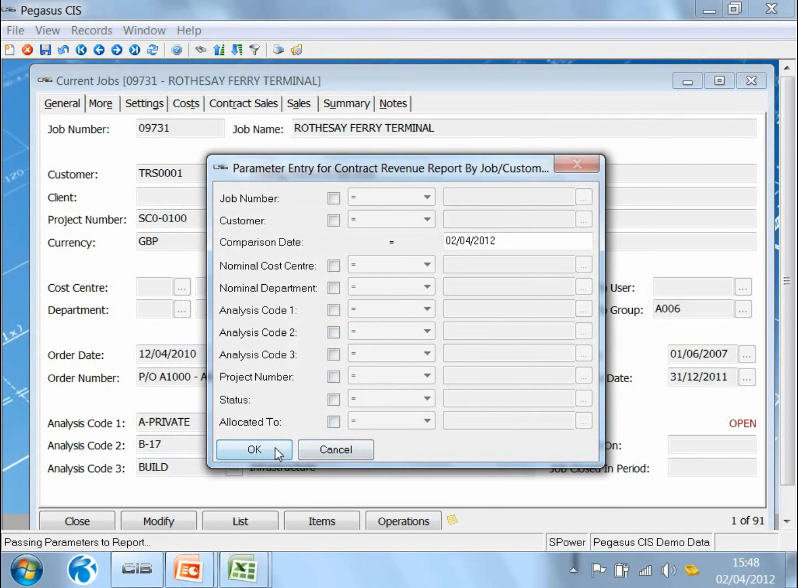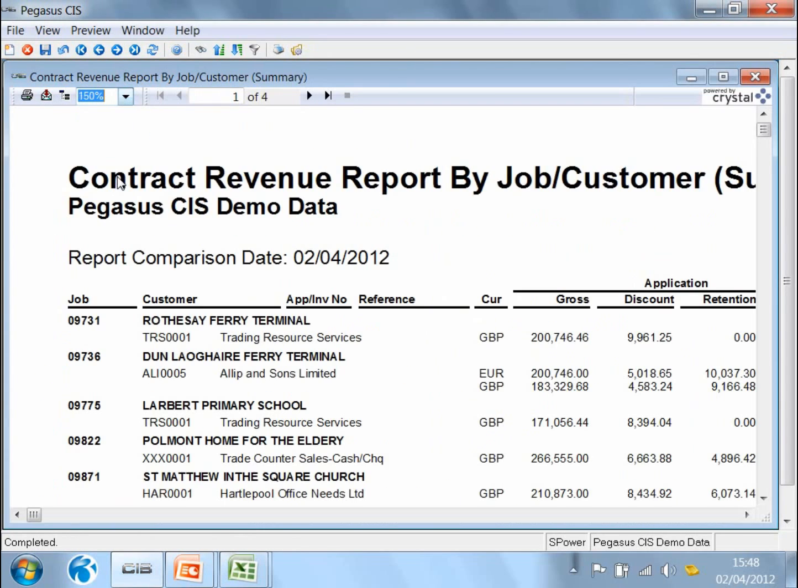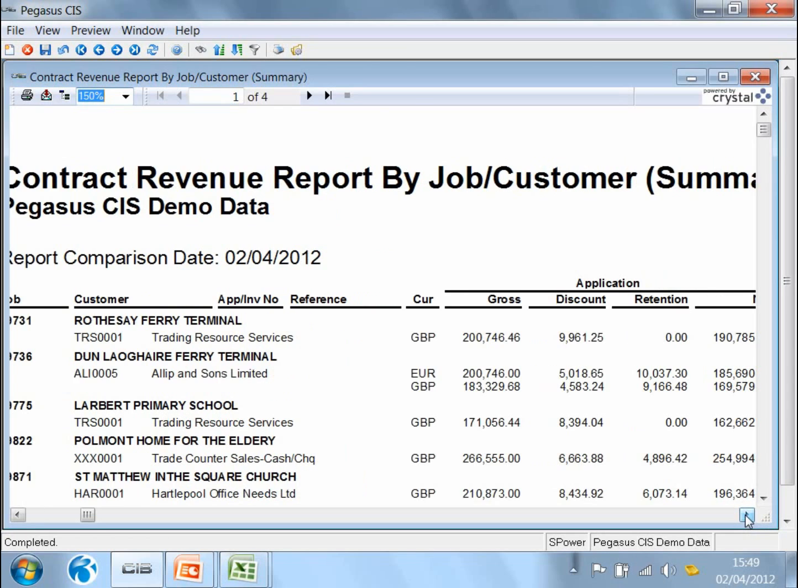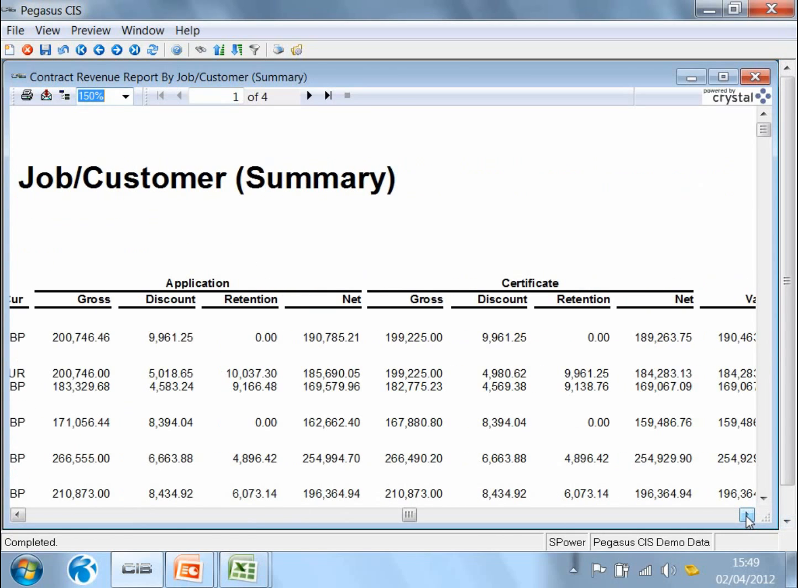There's a range of selection criteria, but I will just take all of those. Let's make the report a little bit bigger. And here we can see, for instance, a list of our jobs that are on the system showing me what's the job, what's the currency for that job, so I can see that that's in sterling, but that's actually in euros. And then I can see the total that's been applied for, gross discount retention net application, what's been certified,